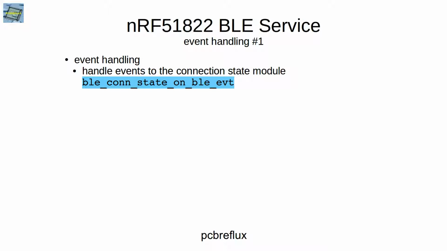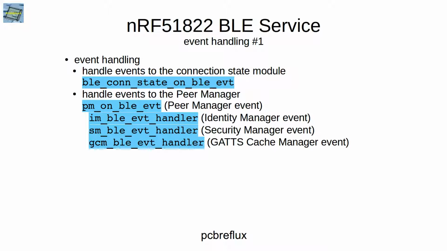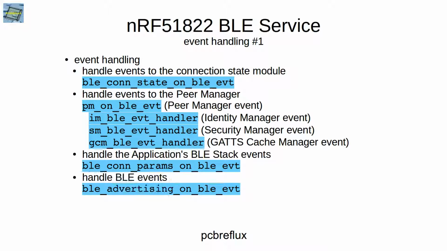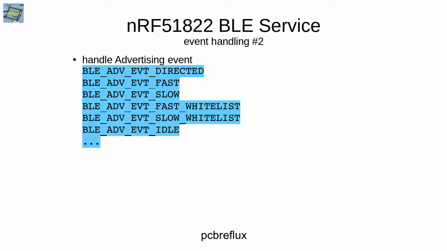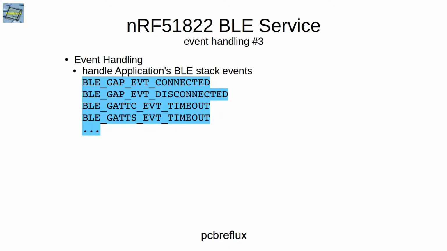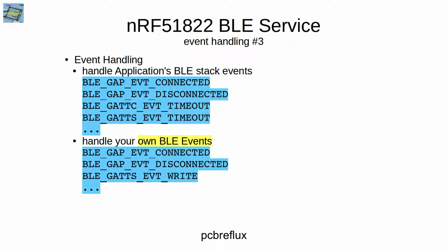In our code for the Bluetooth event handling, we call the Bluetooth connection state module event handler. Then we call the peer manager event handler. And inside this, it calls the identity manager, the security manager, and also the GATT cache manager. And then we handle the connection parameter events and also the Bluetooth advertising events. Now we can handle some special advertising events and also the events from the peer manager. Then we have to handle all the Bluetooth stack events,